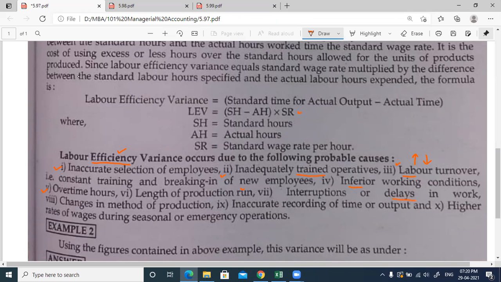So what is delays in work? If there is no proper raw material available during the process, then what will happen? There will be delay or interruptions. Then there may be power failures that will also affect your